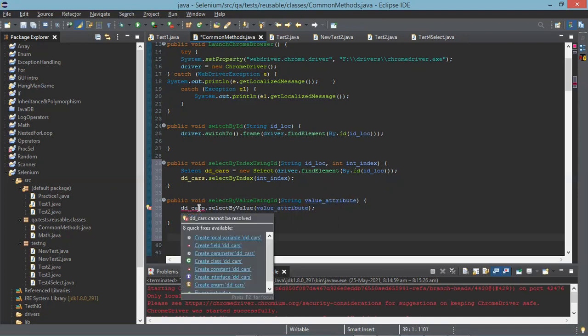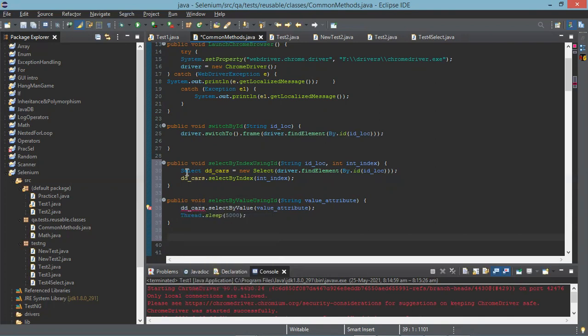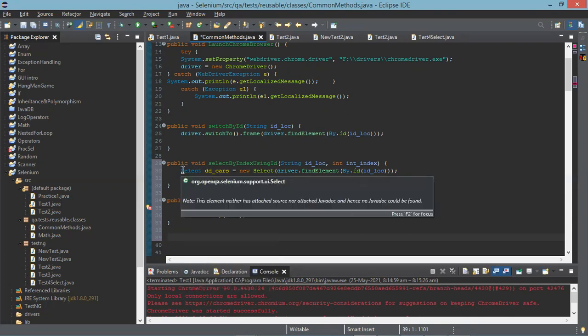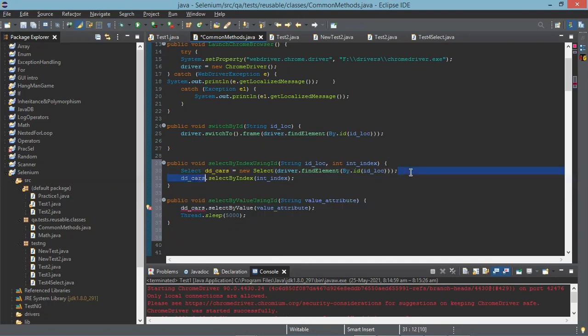So what you need to do, you need to copy the other line, line number 30, and paste it before this. For every time when you are creating a drop down selection, right, you need to create an object and do that. Right, now it knows what it is, but ID locator is not known to it, right?